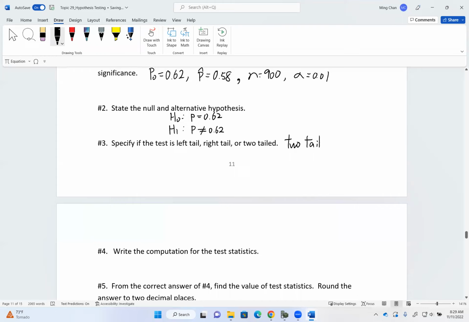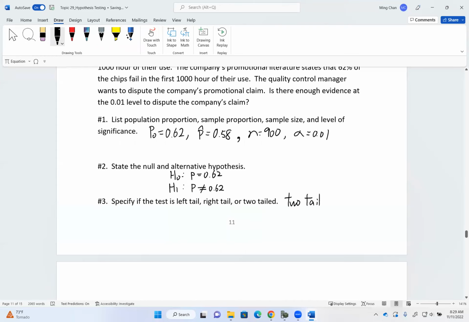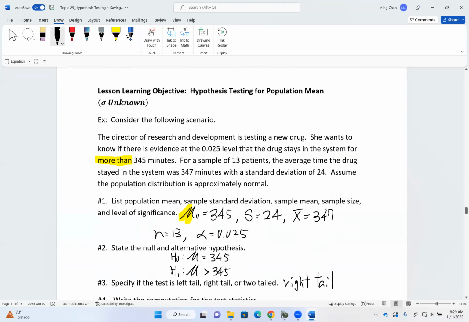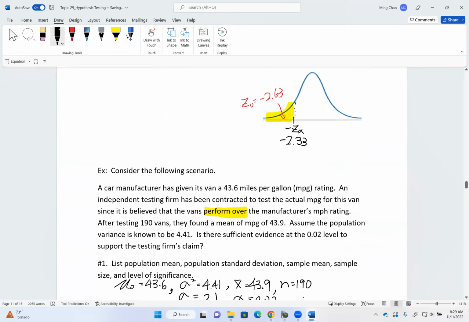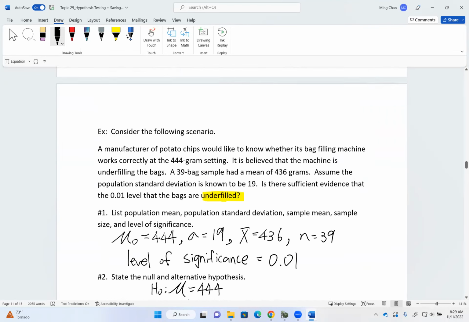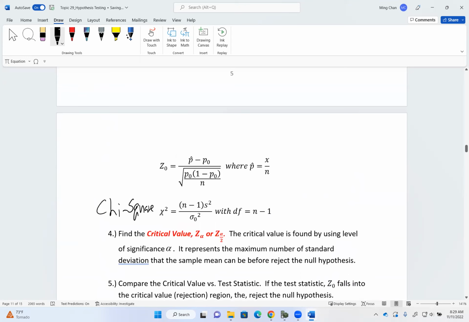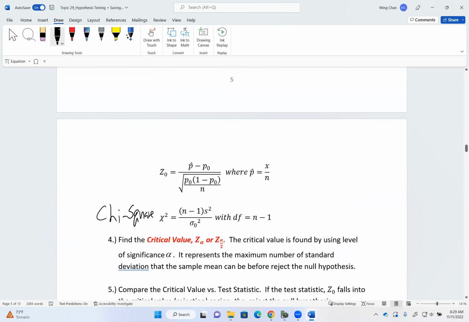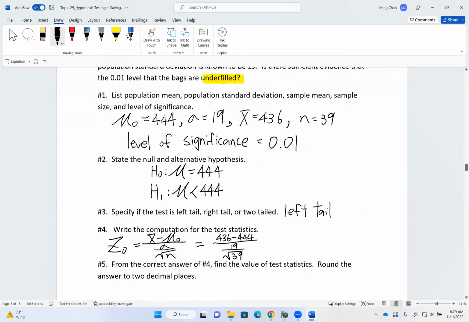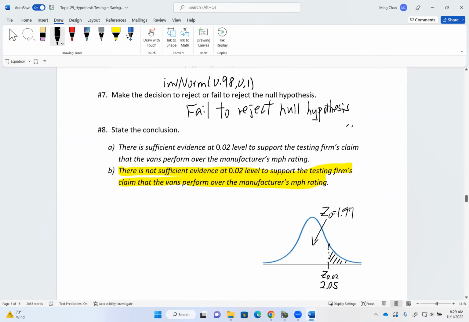All right, so let's go back and look at this test statistic, the formula for the test statistic. So Z sub null again, right? P hat minus P sub null divided by the square root of P sub null times 1 minus P sub null, or Q sub null, divided by N. Okay, so P sub null we know is,